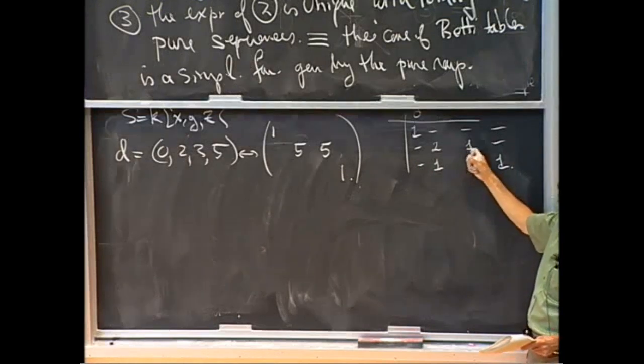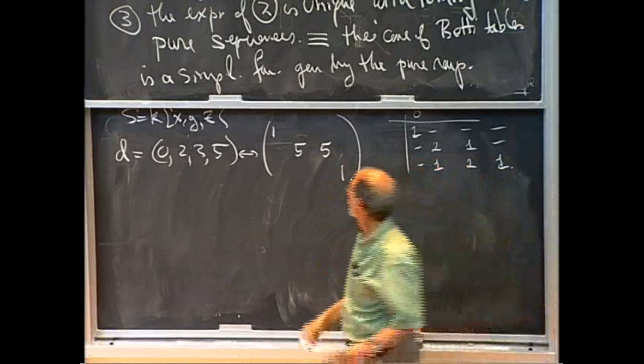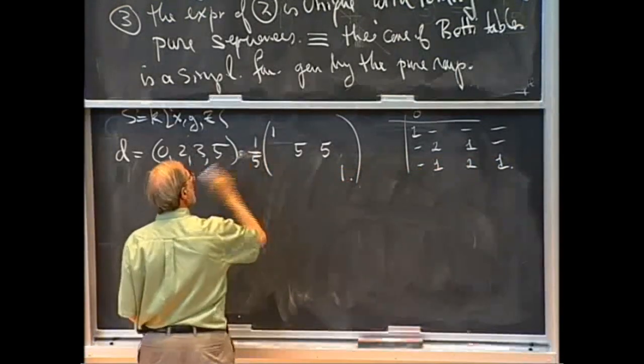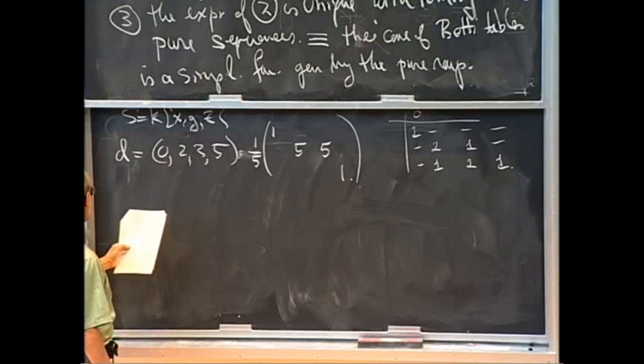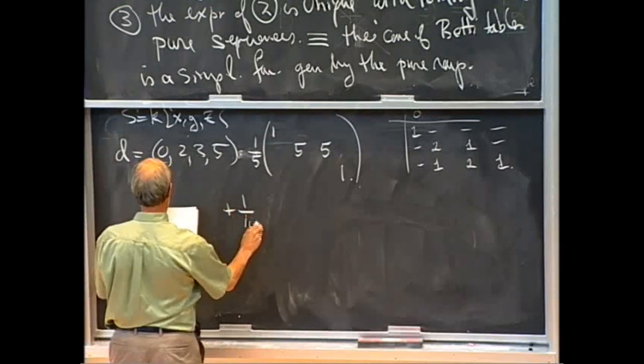Looks like the critical one is this 1 here. I can only take away a fifth of this. So I'll start with 1/5 of that. And now I want to add something more, and I'm just going to write down the result because time is so short, as always. So it's this plus 1/10 of